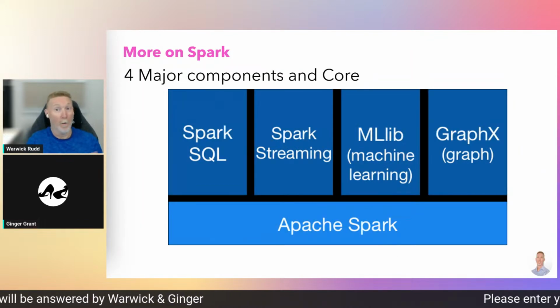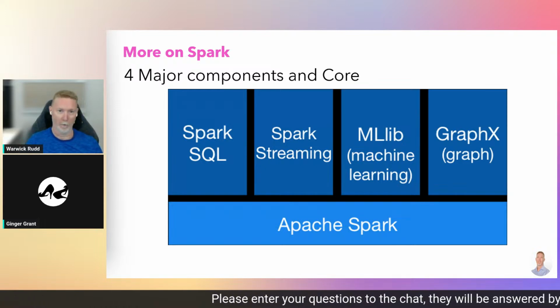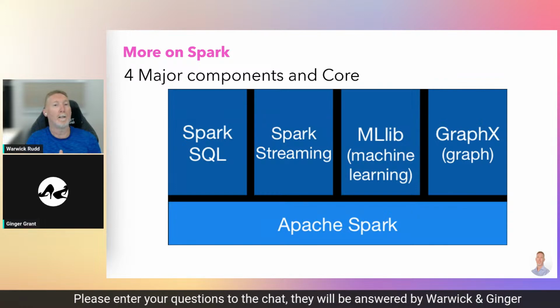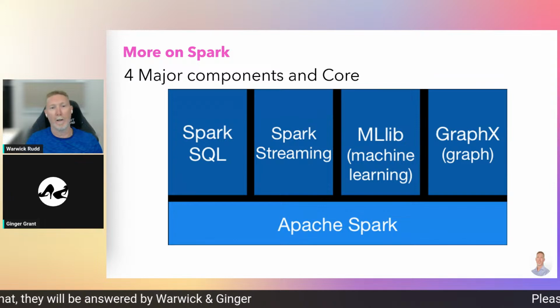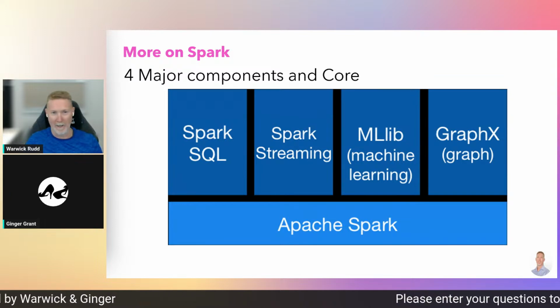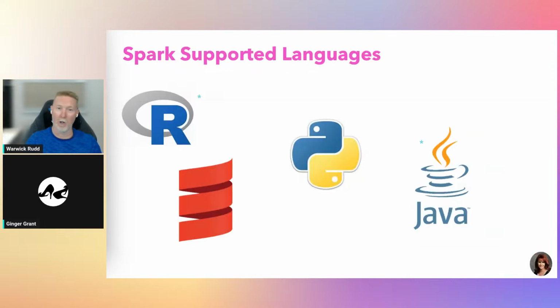Okay, so for Spark, the four major components that we need to be aware of, we can see those on the screen. Apache Spark across the bottom is the core functionality. And this provides us the basic I/O, distributed task dispatching and scheduling. And this is known as resilient distributed data sets, or you may have heard of it as RDD. So while we are talking about it, if you do hear us say RDD, then that is coming back to resilient distributed data sets. Now, each of those data sets is divided into logical